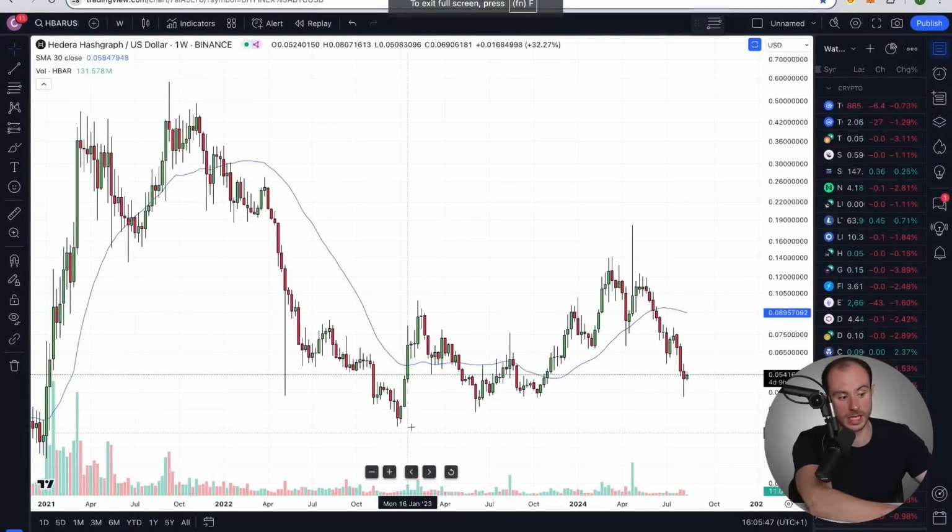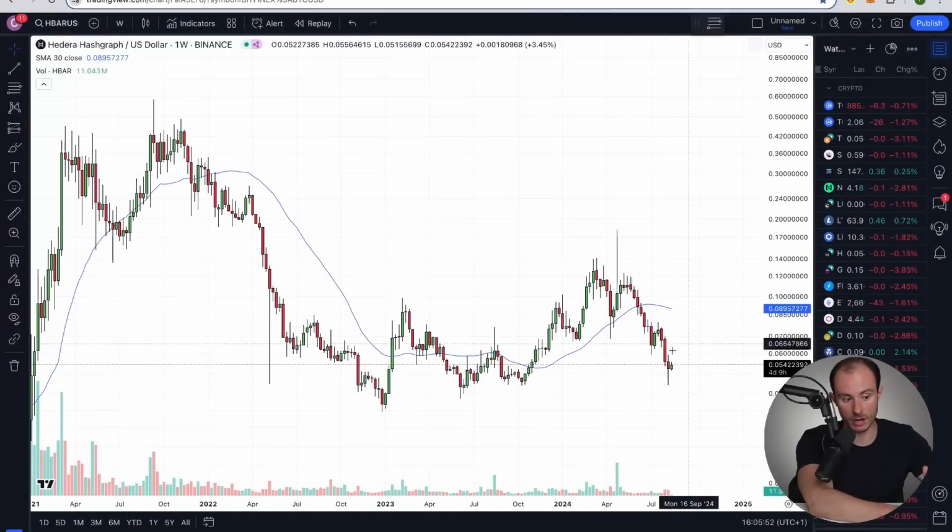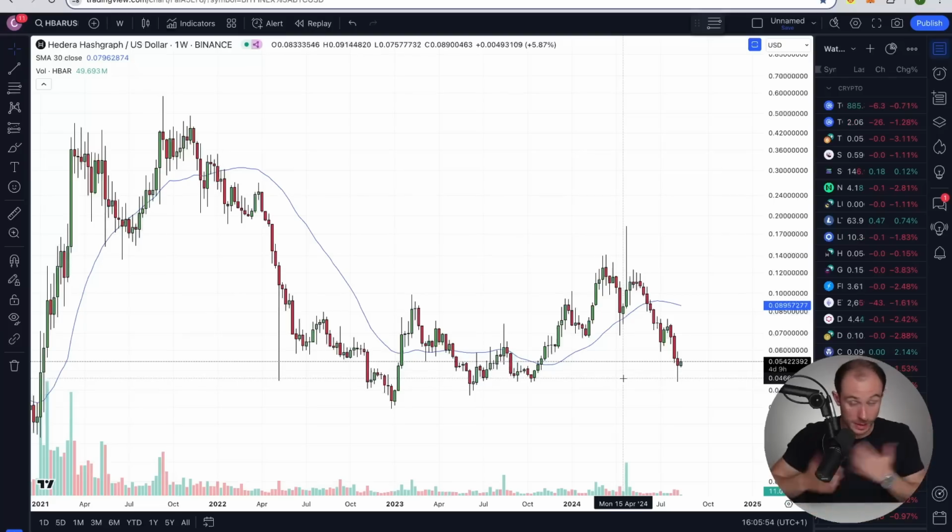You name it, Hedera Hashgraph has it going on. So fundamentally, this is an extremely bullish project. And certainly when we take a zoomed out approach from a technical point of view and don't focus on the more short-term volatility that you're seeing, and I'm talking about this chop here, I really truly believe that Hedera Hashgraph is in the optimal position, certainly if you've got cash on the sidelines.